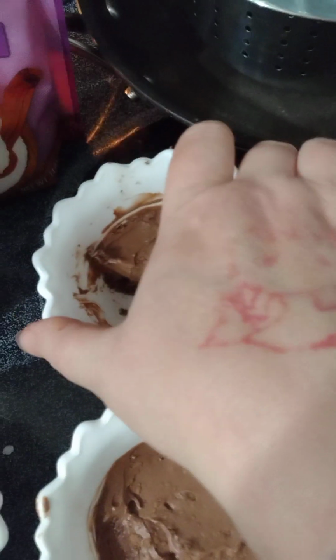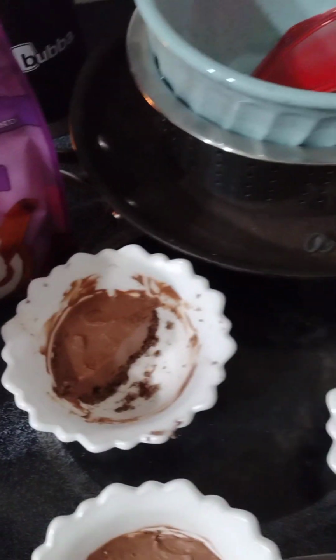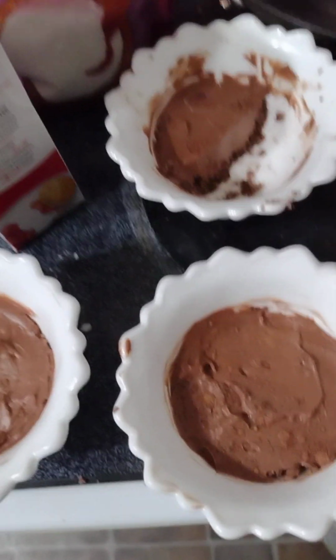I'm sticking my hands in the bowl. These are super cute little vintage cups that look like cabbage leaves. Aren't they great? Love them. I got them from my parents. Okay, so anyway, that story aside,